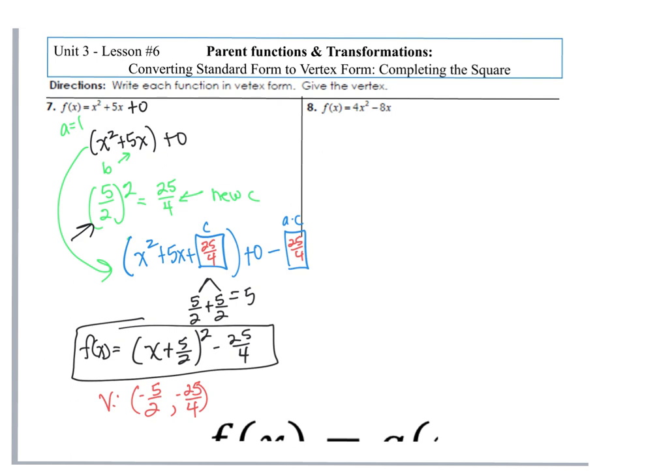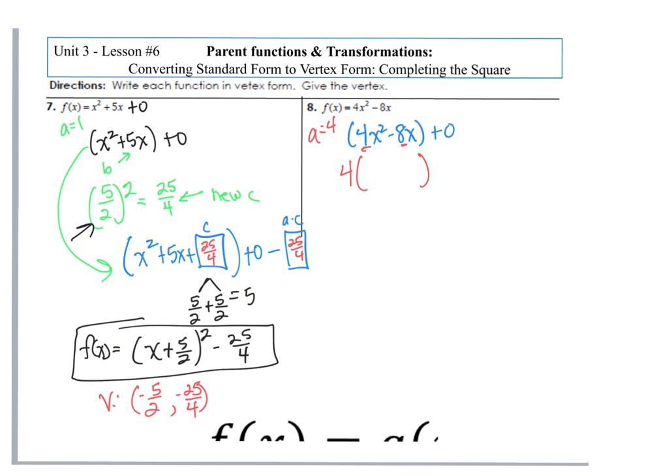Okay, moving on to number 8. Okay, we have f of x equals 4x squared minus 8x. Again, we do not have a c value, so I'm going to make a grouping of my 4x squared minus 8x. Okay, we could technically say that's plus 0 on the outside. I do notice that my a value is greater than 1. A is 4. So we need to pull 4 outside the parentheses,